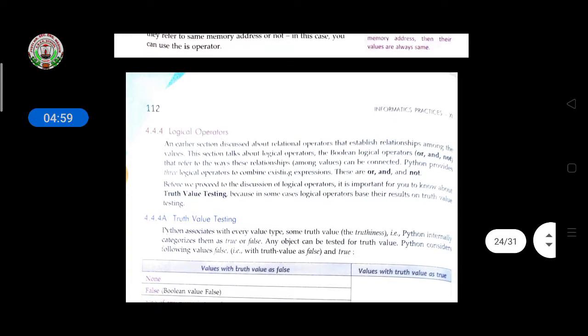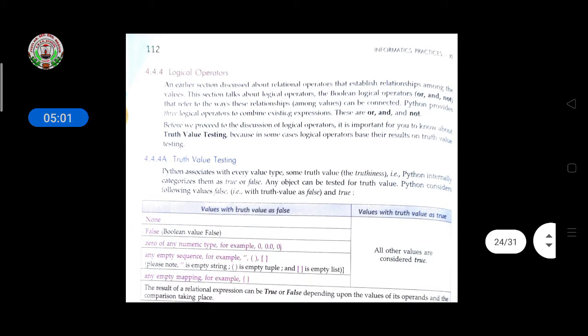Then come to the logical operators. An earlier section discussed relational operators that establish relationships among values. This section talks about the Boolean logical operators, which refer to the way these relationships can be connected.